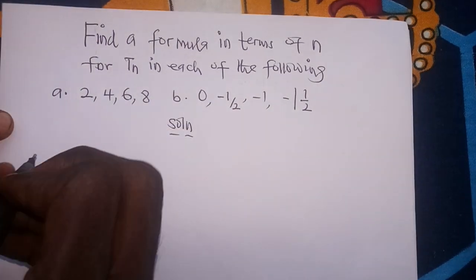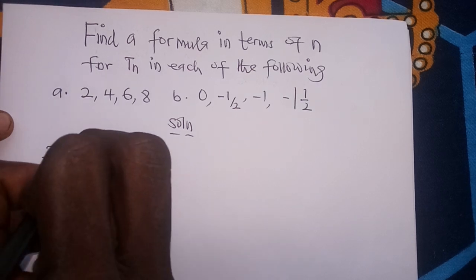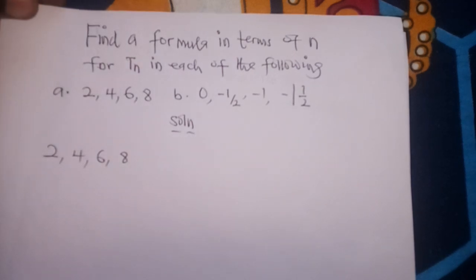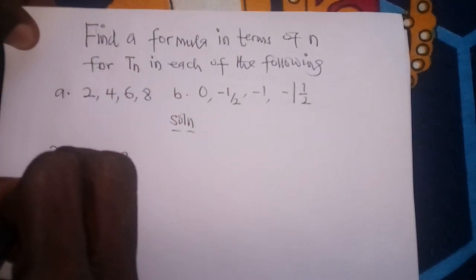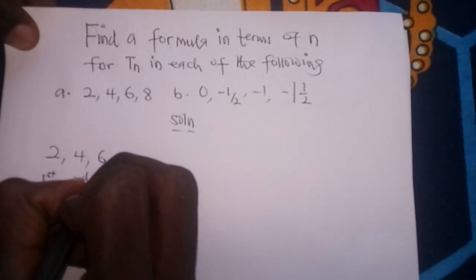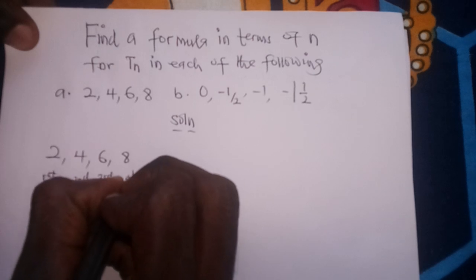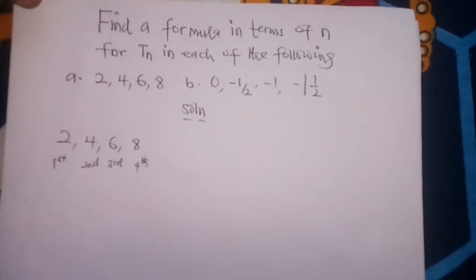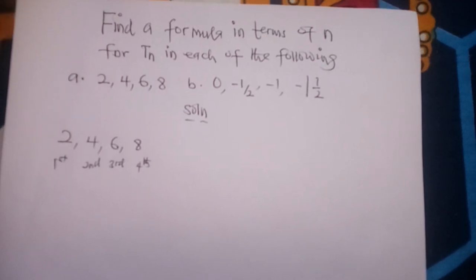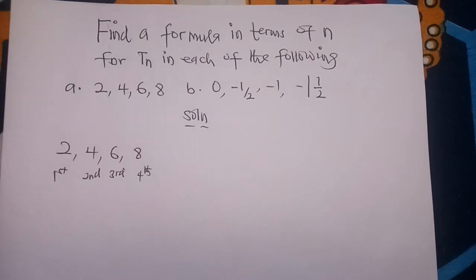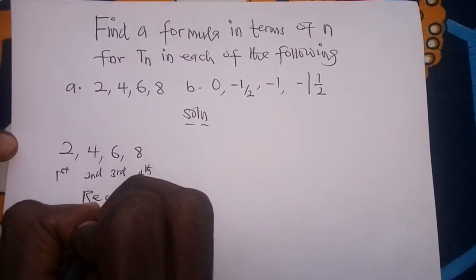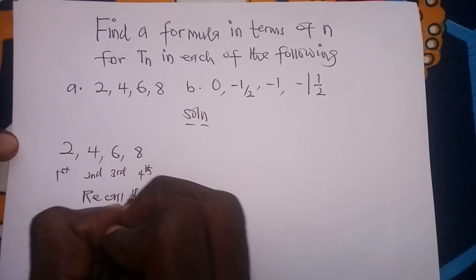Now let's start with the first one. We are given 2, 4, 6, and 8. To start with, we know this is our first term, this is the second term, this is the third term, and this is the fourth term. Now from this point we just need to find our common difference. Finding the common difference here, we use the fourth term. Recall that we know the fourth term